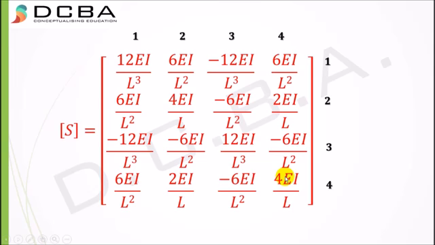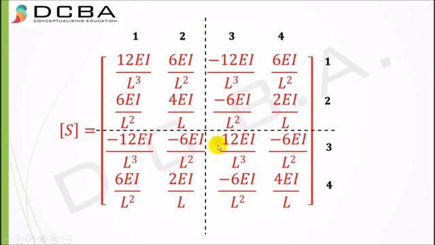Okay, and I can divide this matrix into 4 parts. This part, this part, this part, this part. Now there are a few observations to be made in this matrix. You can see all these points S11, S22, S33 and S44 can never be negative. They are always positive, because they are the forces acting, and the force and the reaction coincide with each other, and hence it is always positive.